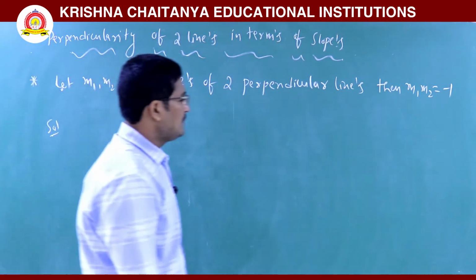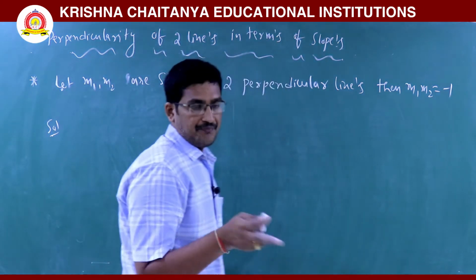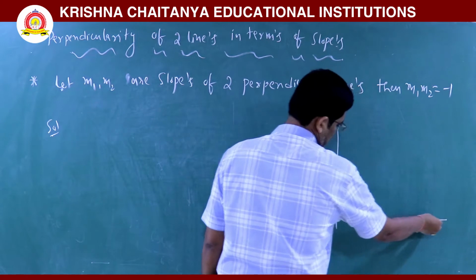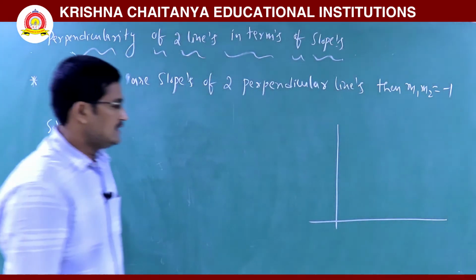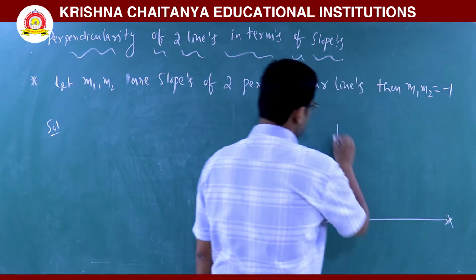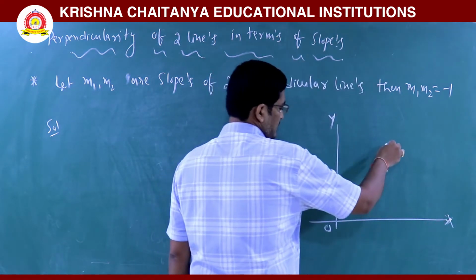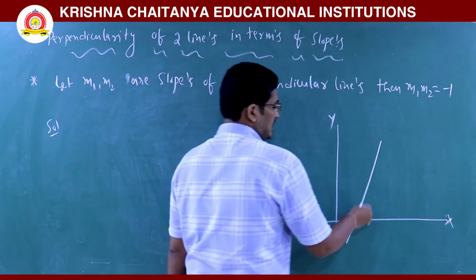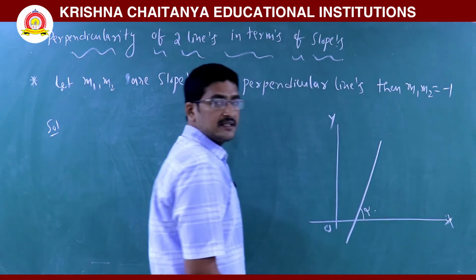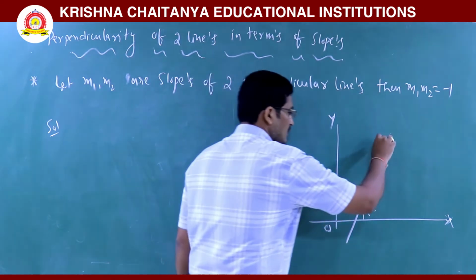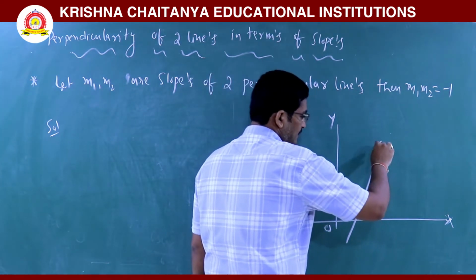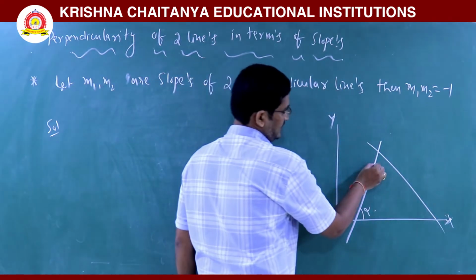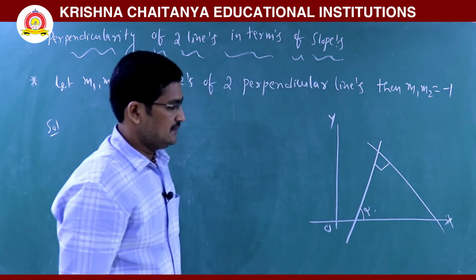So I am taking two perpendicular lines here. First, I will take the coordinate system. So it's our coordinate system, x-axis and y-axis. This is the x-axis, this is the y-axis, and the origin. Listen to me. This is one line. Suppose the inclination of this line is alpha. And one more line I am drawing here which is perpendicular to this line. These two should be perpendicular like this. It's a rough diagram.